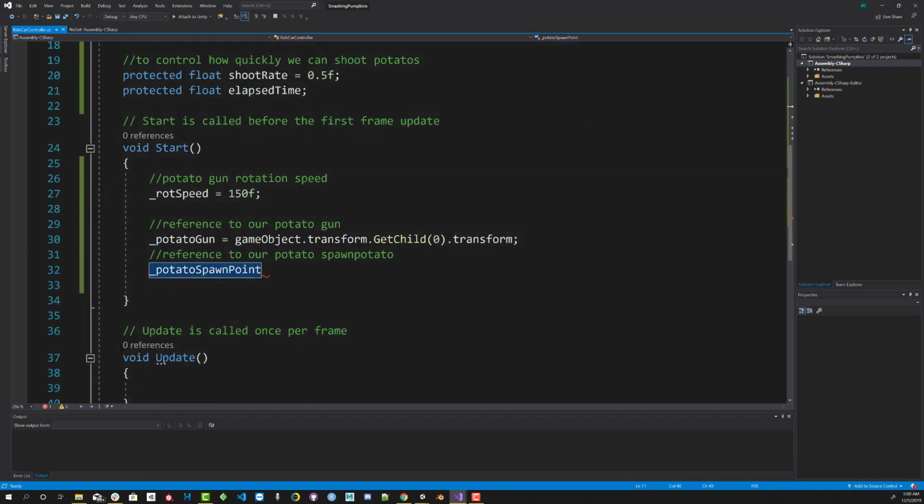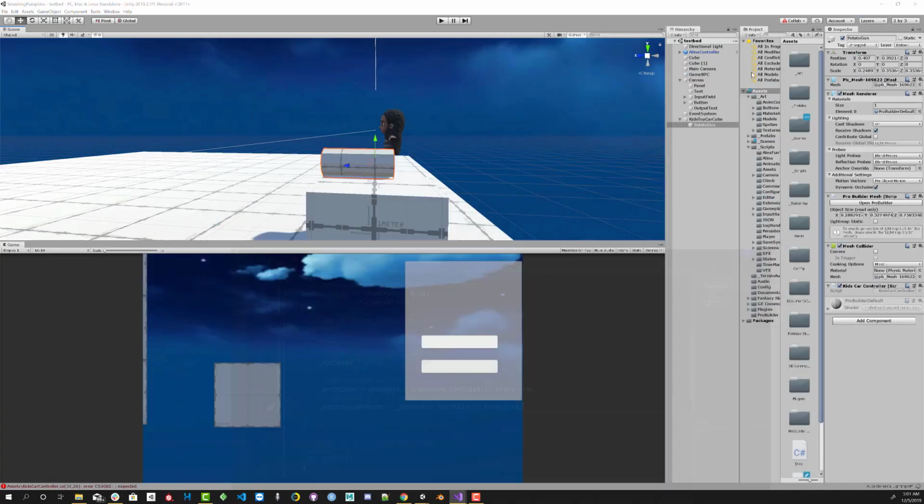So here's my potato spawn point. And I want to make that equal to my potato gun. And I'm going to get the child of that. Now you might be like, well, that didn't have any children. Well, what we're going to do, dot transform, we're going to make that. And what I'm going to do is, if we go back into here,